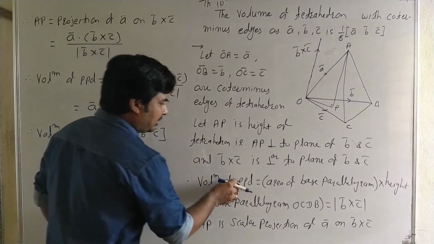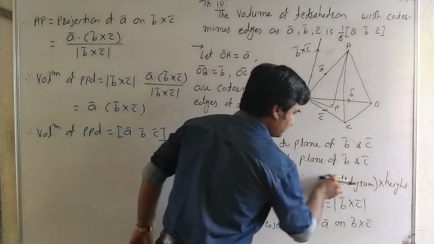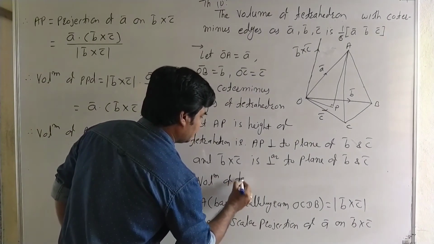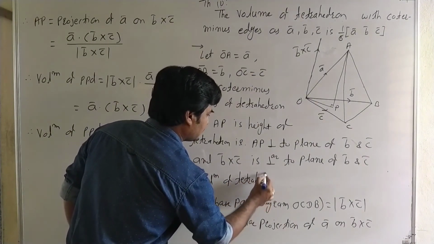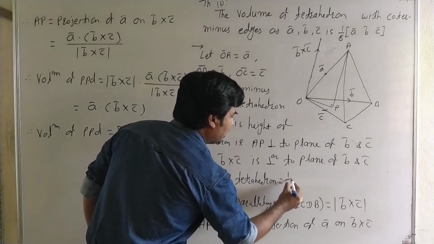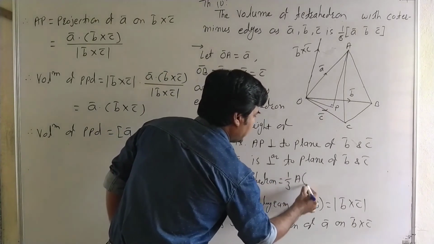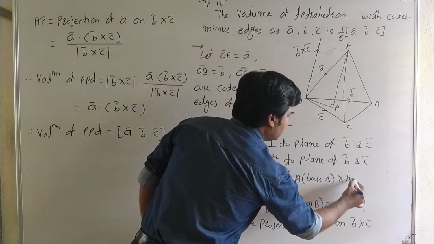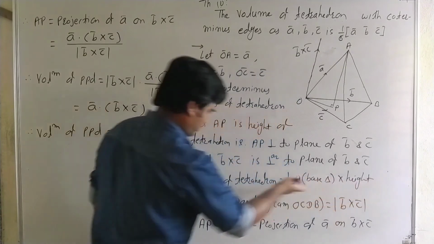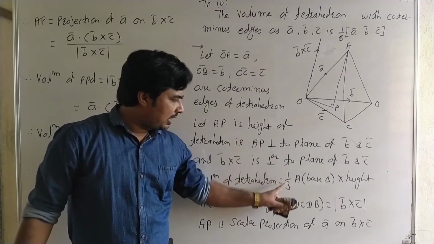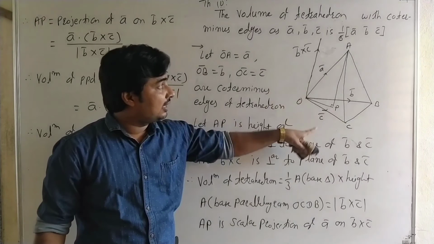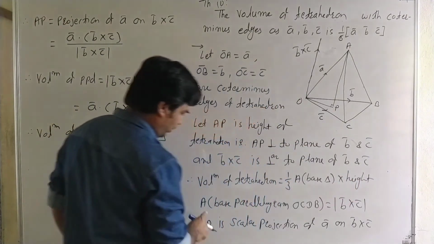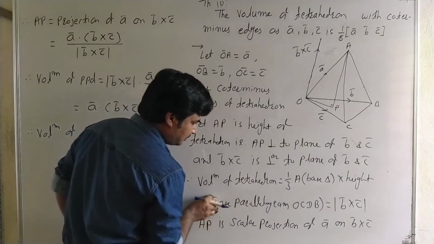Now volume of tetrahedron is equal to 1 by 3 area of base triangle into height. Okay, it is the volume of tetrahedron, 1 by 3 area of base triangle into height. Now area of a base triangle,